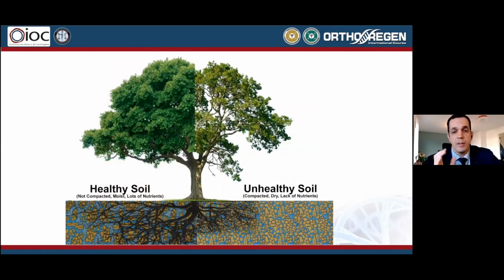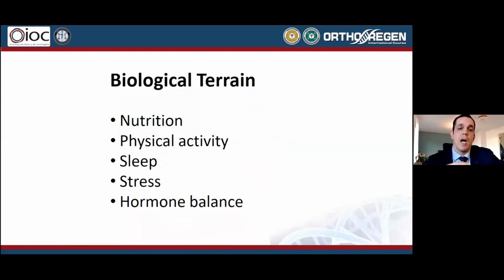And we should look at our body as a tree. In a healthy soil with water and nutrients, we will grow a beautiful tree. Whereas in an unhealthy soil, a dry soil without nutrients, we probably will not have a tree of high quality. And our biological terrain is composed of these five pillars, which are the nutrition, the food that we eat, and also the supplements that you can insert in the